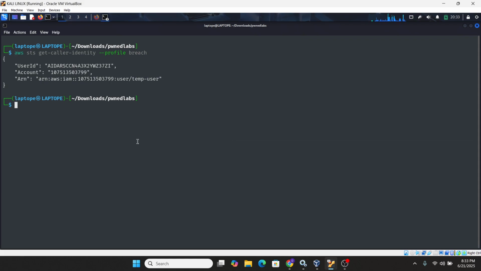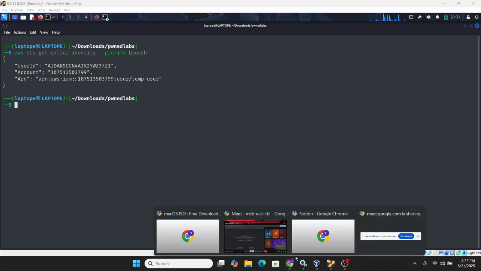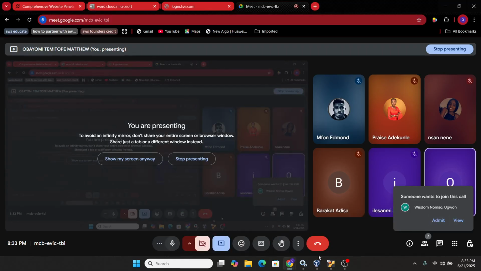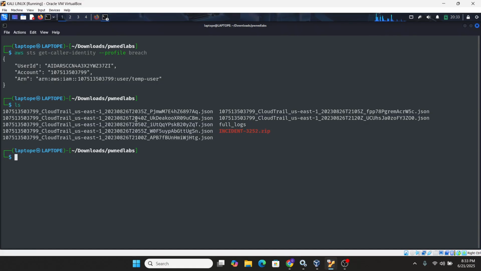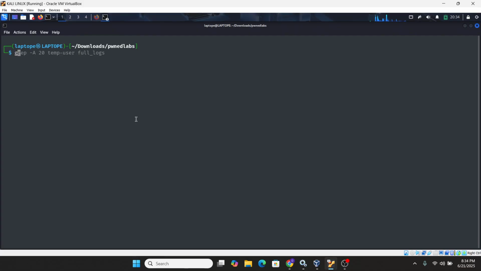All right. So now let's filter this log with the name temp user. Remember, we have our logs here, full logs. So what we are going to do is grep that name. We're going to do grep -A. If you give it 10, that is to print 10 lines of where temp user appeared.